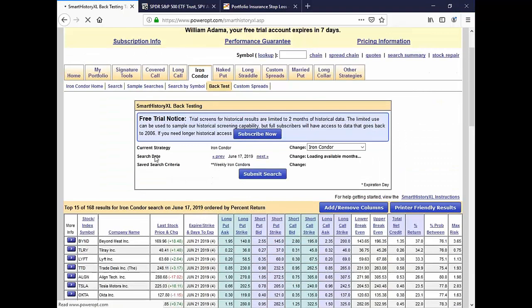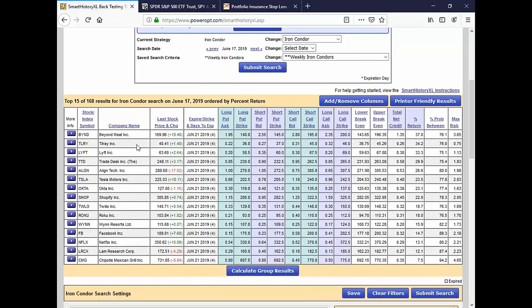All right, fantastic. Beyond Meat, Tilray, Lyft, Silver is always a good one. Well, it's been bouncing around, but for 4 days should be pretty good. Let's take a look. Look at the returns, 37, 33, 34, probability only at 75. Sounds insignificant, but again,